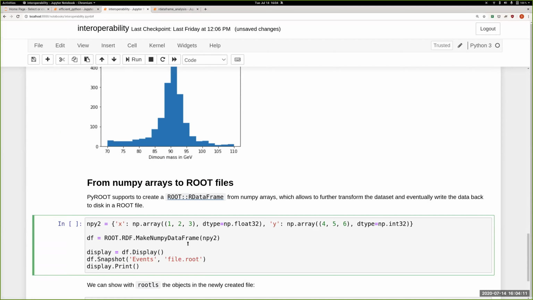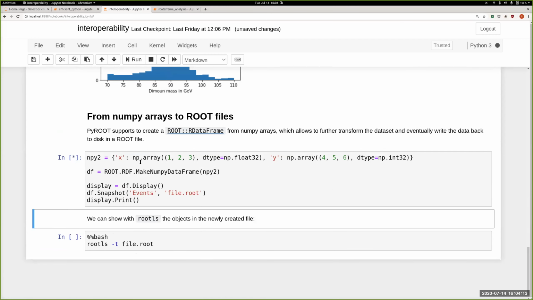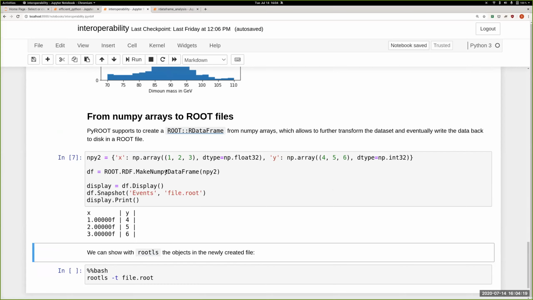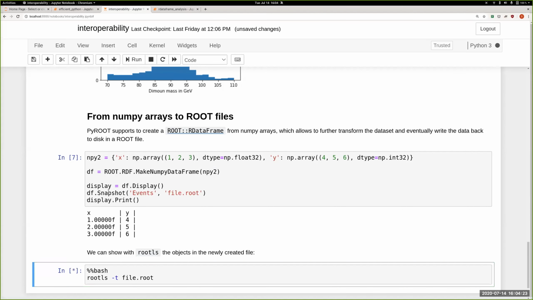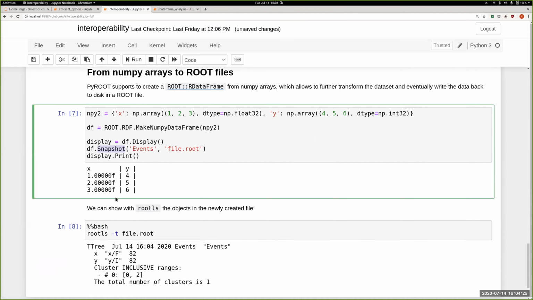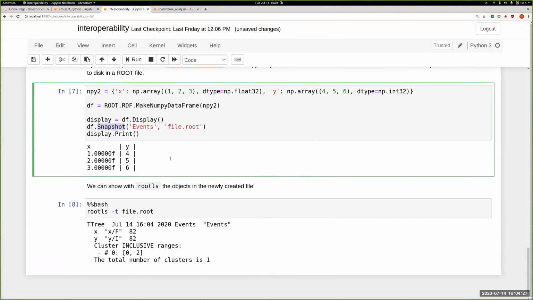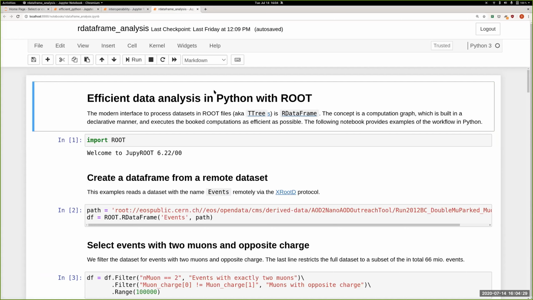You can do the same thing the other way around. You have the data in a dictionary of NumPy arrays. You can make a ROOT data frame out of it, use parallelized C++ performance, and for example, do everything you like. For example, snapshot, which means you write it to a file, and then here you see the file structure. So that's it. I won't talk in detail about this notebook. I just want to show you that